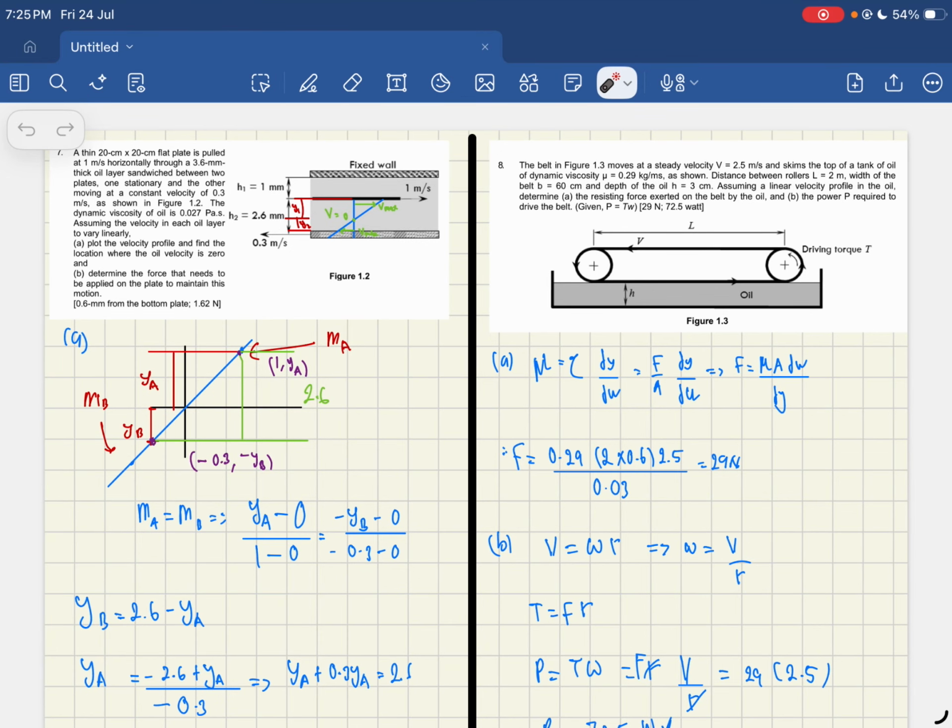Today we continue with question number 8. The belt in figure 1.3 moves at a steady linear velocity of 2.5 meters per second, and skims the top of the tank of oil with dynamic viscosity 0.29 kg per meter second. The distance between rollers, L, is 2 meters, the width is 16, and the depth of oil, H, is 3 centimeters. Assume a linear velocity profile in the oil. Determine the resisting force